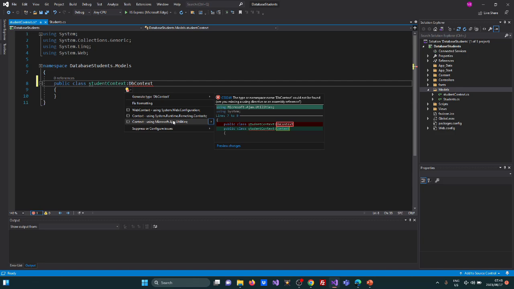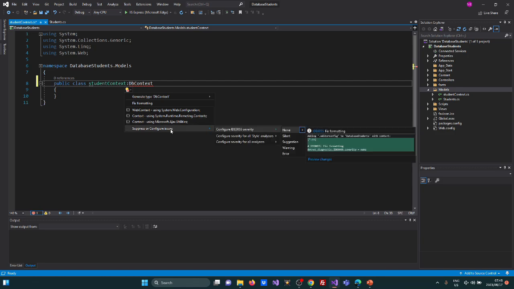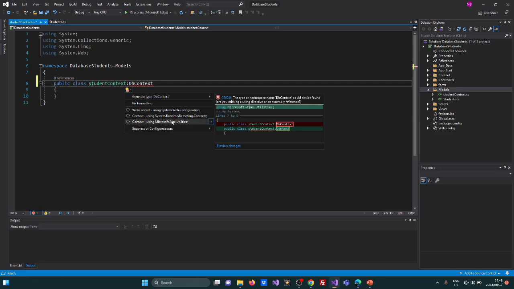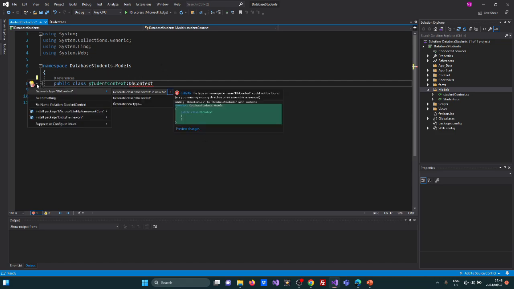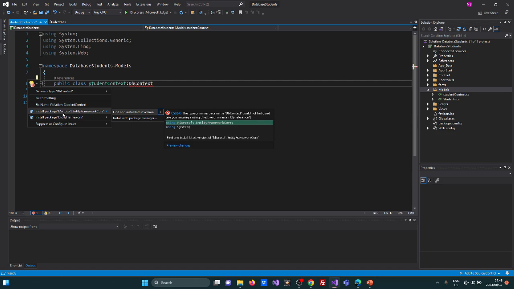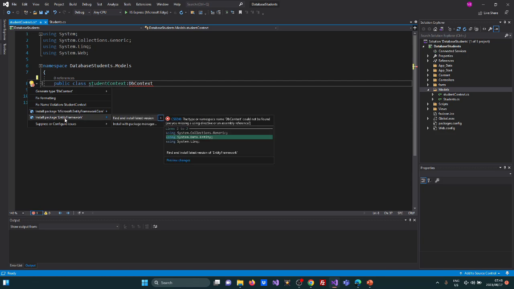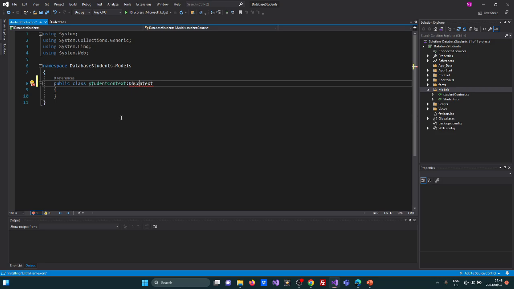So you have to install the latest entity framework. You can do what I just did right there, which is nice and easy. Or you could just go to the tool manager. Okay, I'm gonna show you later. But yeah, I just have to install the latest entity framework package, and then from there it's usually just easy peasy,